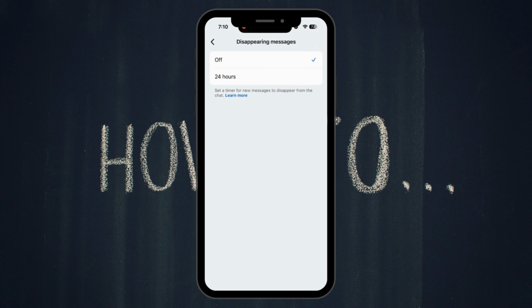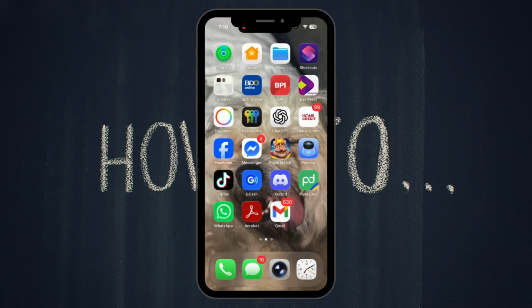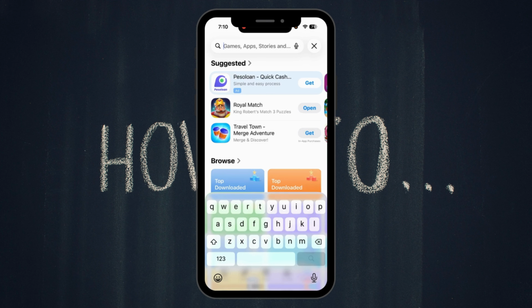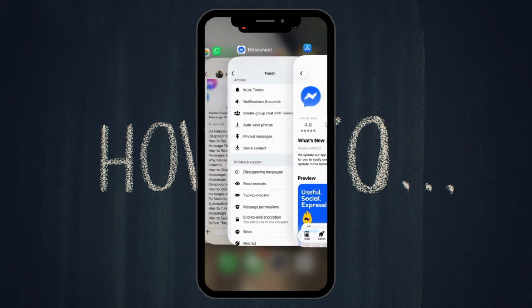Now, if Vanish Mode keeps turning back on, what you can do is to update Messenger from the App Store. So go to App Store, type in Messenger, and just tap on Update. Next, restart your phone. You can also clear the app cache and make sure both people in the chat aren't